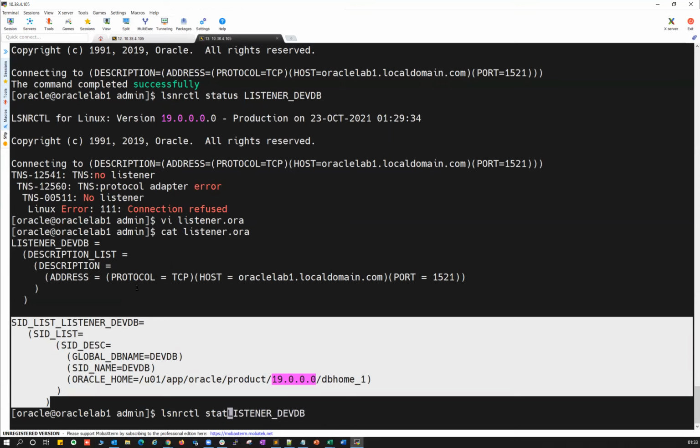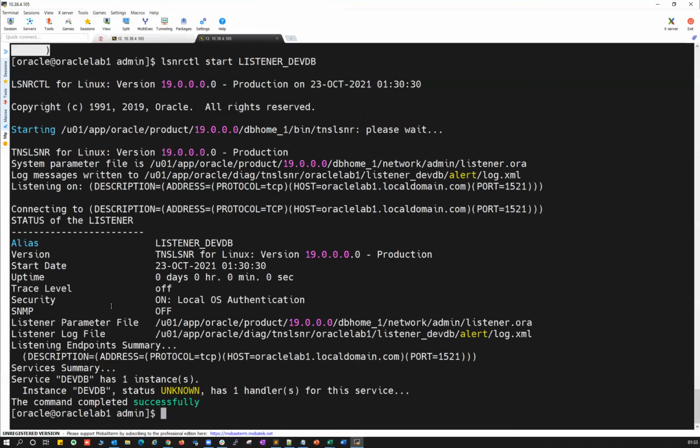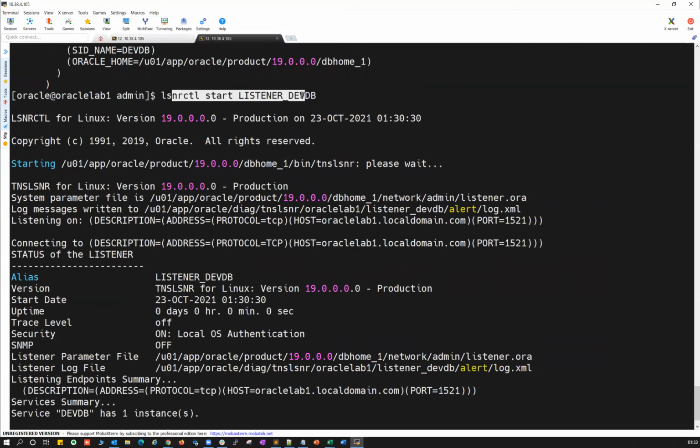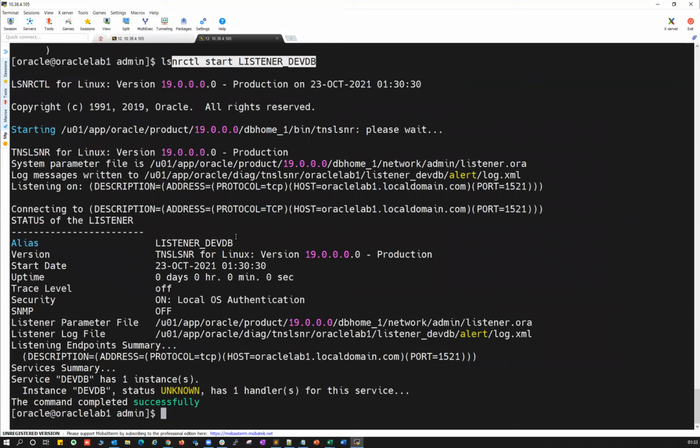I'll just do start. My listener started. You can see the moment lsnrctl starts the listener, it will not wait for 60 seconds. Immediately your database status will go to unknown state. You can see DevDB, which is in unknown state, immediately, within a fraction of a second. The moment you start your listener, immediately your database service or database instance becomes unknown.